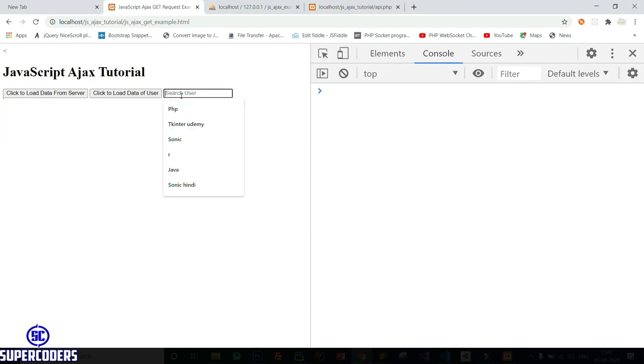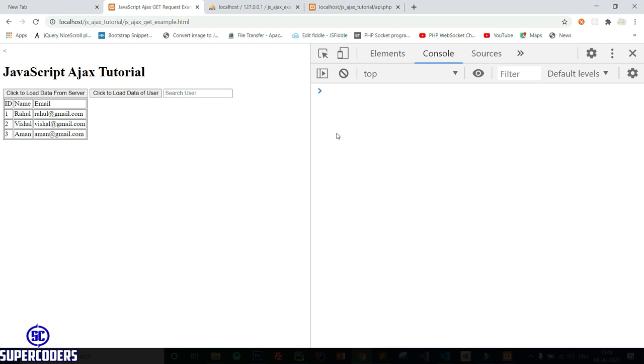Now type R and you can see it's showing Rahul. If I clear it, you can see every result, but if I type again, you can see it's showing Aman, and again for V you can see it's showing Vishal. So in this way you can use Ajax to filter data. This is a simple example of filtering data using Ajax.